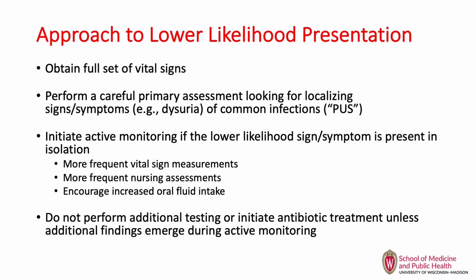And with individuals who are simply presenting with these non-specific, non-localizing signs and symptoms, which I'm going to highlight explicitly in the next few slides, you really do the same as far as vital signs and initial primary assessment, and see whether that assessment identifies localizing signs or symptoms that suggest infection. So if I did my primary assessment and the resident in front of me has cough and hypoxemia that's new for them, then obviously I've flipped them over into a clinical concern for pneumonia. But if I go through that assessment and all I have is a change in behavior but nothing else,